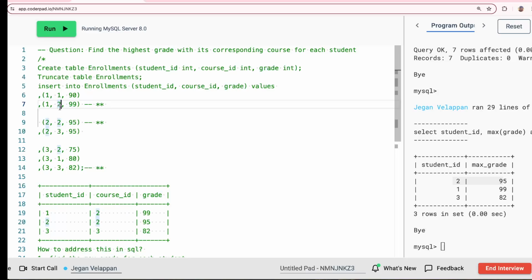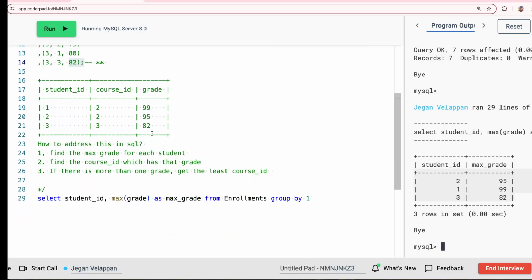1 and 2. Oh, 2 is here, sorry. 2 is 95, 1 is 99 and 3 is 82. Okay, so we got the maximum grade for each student. Now I have to find which course is having that